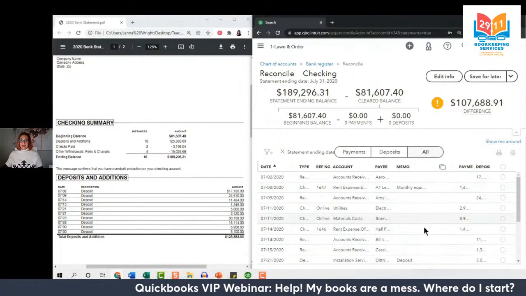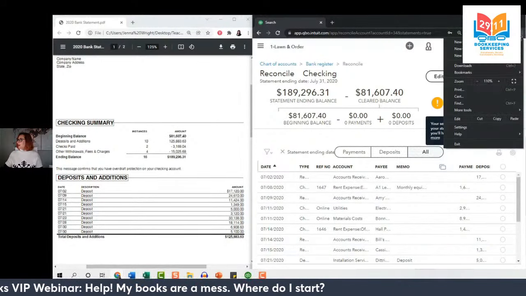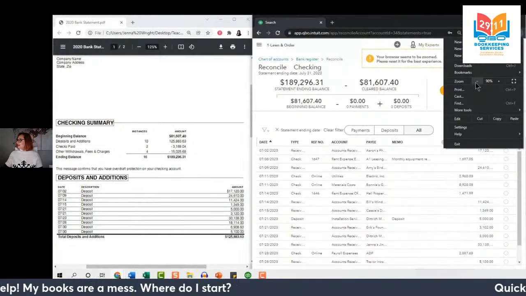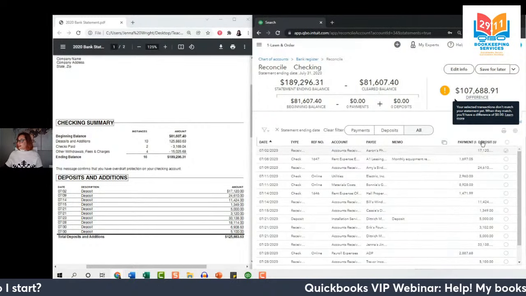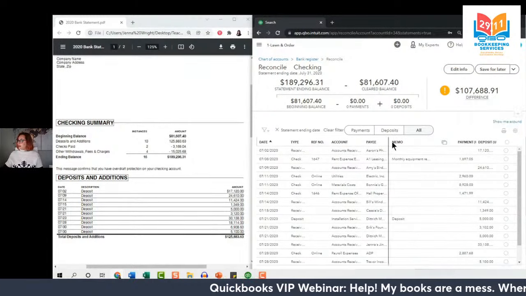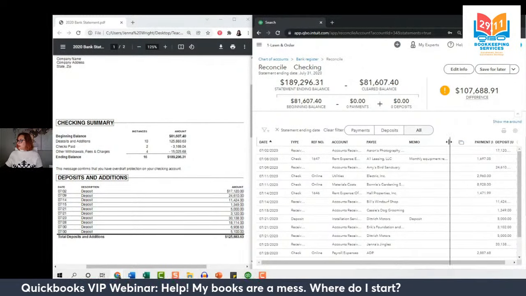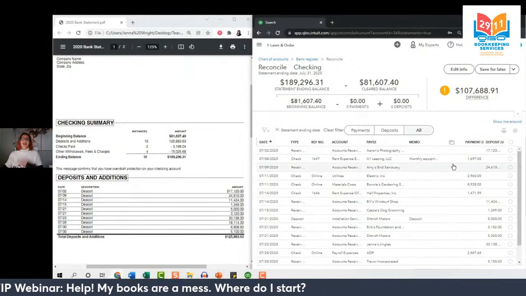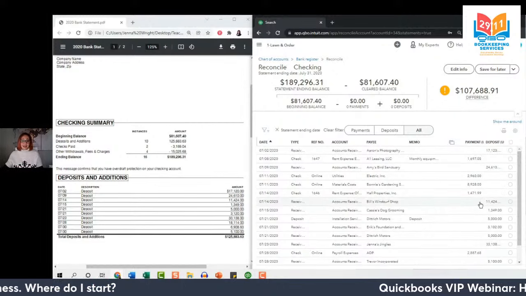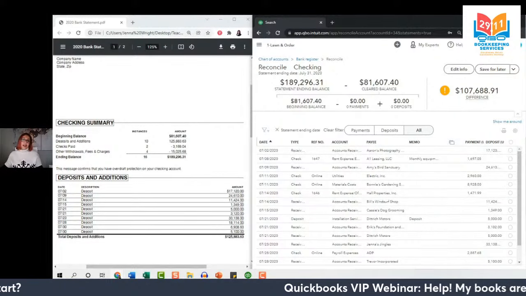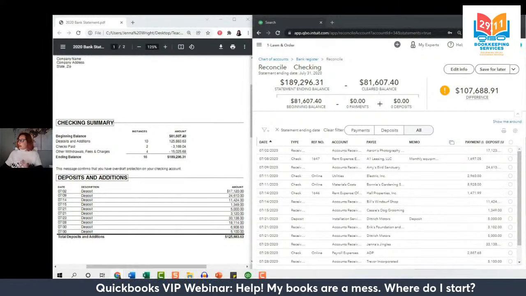Now, we're going to see all of these different transactions, and we can readjust the screen to see a little bit more. There we go. I just zoomed out a little bit so we could see our total dollar amounts, and I'll rearrange these columns. If you didn't know, you can make these bigger or smaller. The lines are kind of invisible, but it's still possible to do. So you can be sure that you're seeing what you need to see on this reconciliation screen. And like I mentioned before, we are going to deal with everything as we see it. So let's get started.